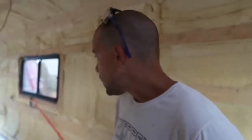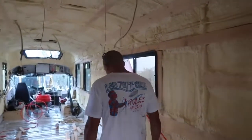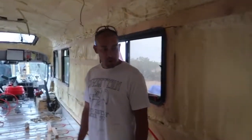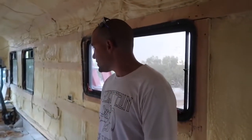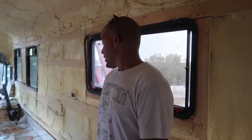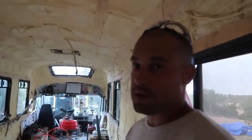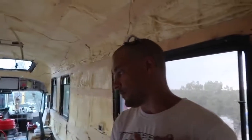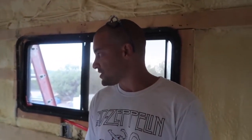But what we're doing is we're working on Chris's bus today. Ain't it great? Yeah. Getting lots of progress done. I was just telling Jim it looks odd in here because the interior has just been a shell for so long, and now we're actually getting started on the interior. And it seems like everything that gets done in the interior goes so much quicker, because the exterior you can work on something for 4 or 5 days and then finally it's done, and it makes a little bit of a difference. But inside